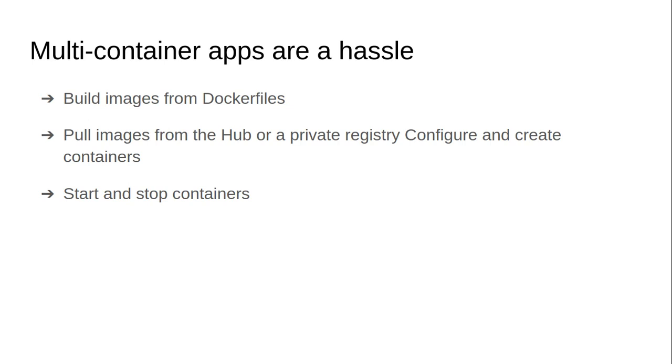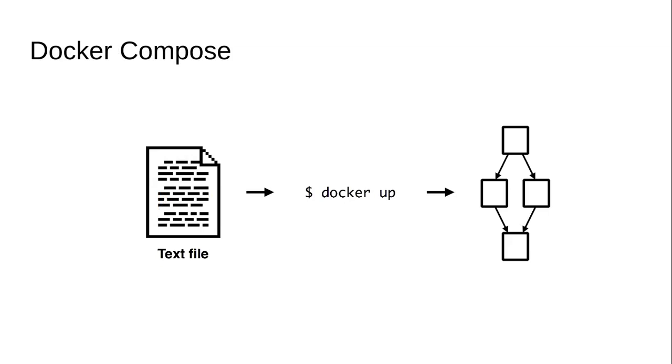So to solve this problem we have Docker Compose. Docker Compose will help us start multiple containers, stop multiple containers, pull multiple images, push multiple images, or build multiple images at the same time. So Docker Compose will solve all these problems. It is something we call bulk processing, which can be done for a multi-container application.